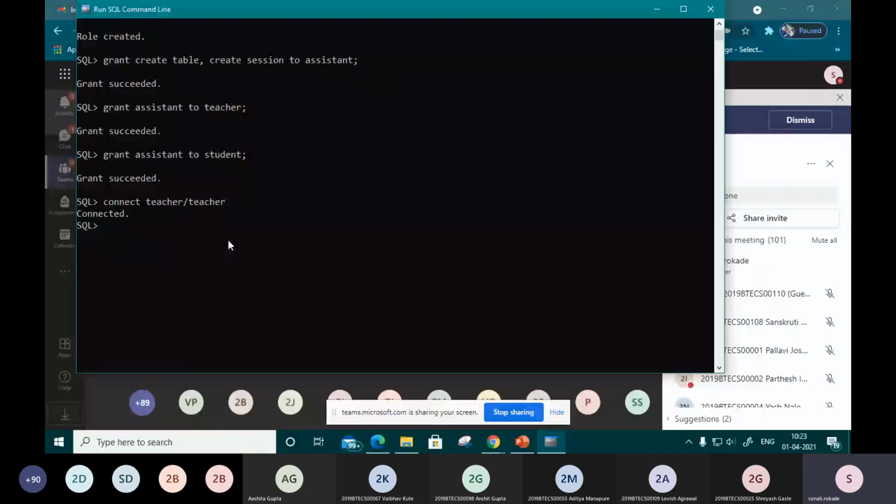To check whether student connects successfully, I pass a connect query with the password we already gave, student. It is also connected. Now suppose I want to create one table and give authority from one user to another, that is, give permission from teacher to student.